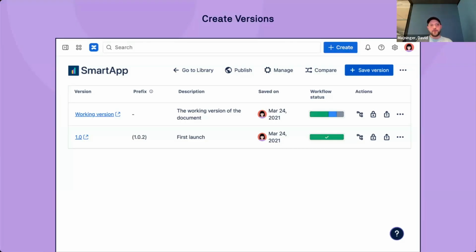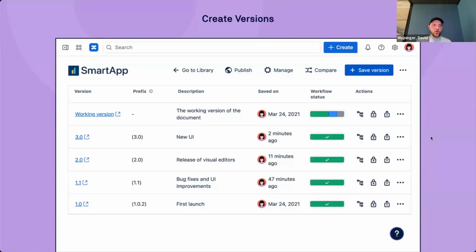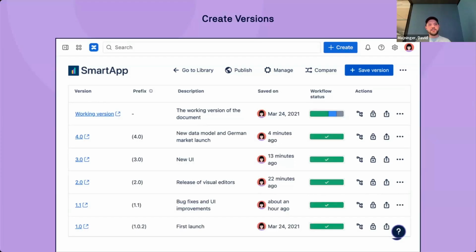In this case, when it exactly resembled the documentation for the product version 1.0. That means your authors can now continue working on the working version while the 1.0 state is safely backed up in a separate page tree and can, as we'll see later, be published or otherwise released at any point in time. And so over time like this, as you develop your documentation further, you can save more and more snapshots